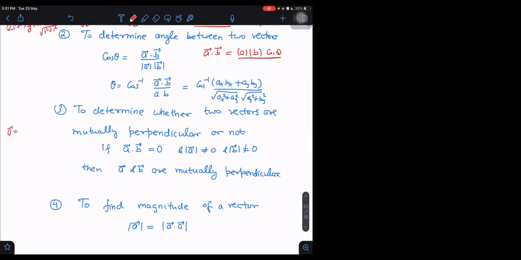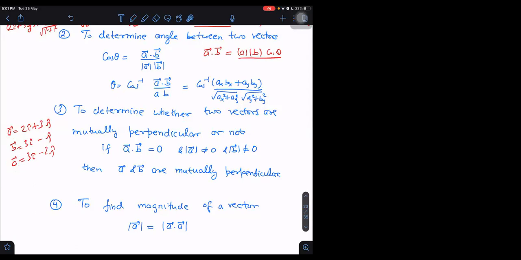Let us say A is equal to 2 i cap plus 3 j cap. And I will give you 3 vectors. You have to tell which of those 3 are mutually perpendicular to each other. Let us say B is 3 i cap minus j cap, and C is 3 i cap minus 2 j cap. Tell me which of these are mutually perpendicular. A and C, sir. See how quickly we can tell.